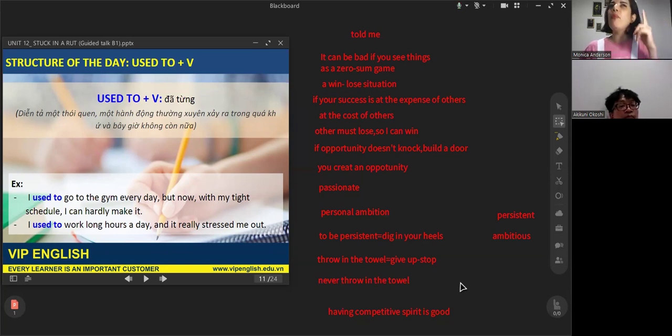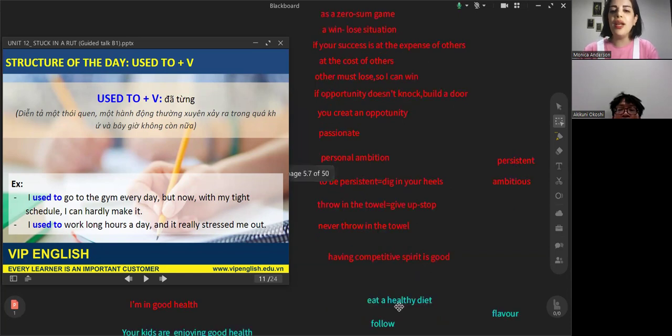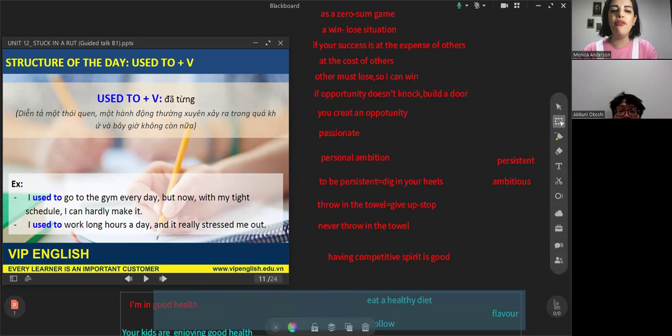For example, you said, my father always told me. Yeah, your father used to tell you, because normally told you. Or you used to, for example, go swimming maybe 2 or 3 times a week. So when you want to talk about your past habits, you use used to. And what's the structure? Used to plus base form of verb.